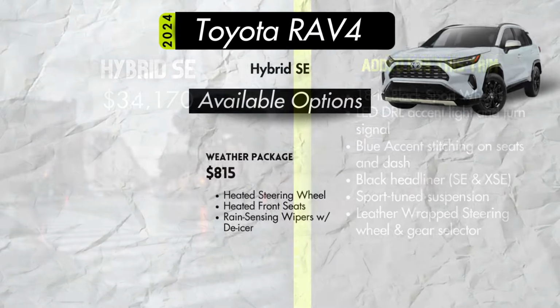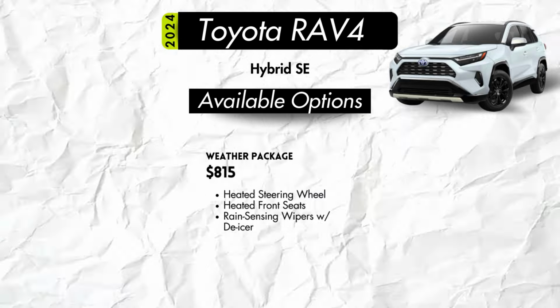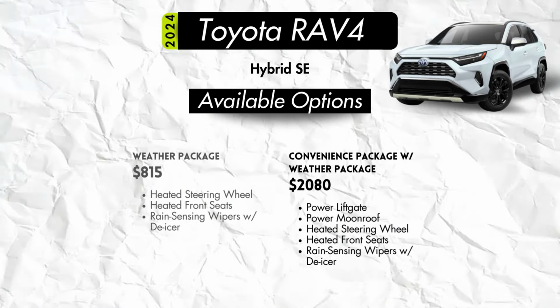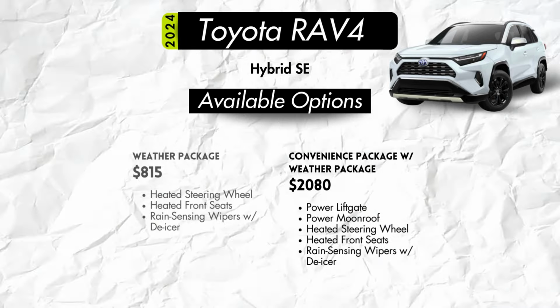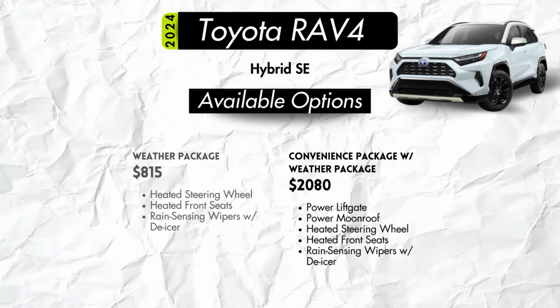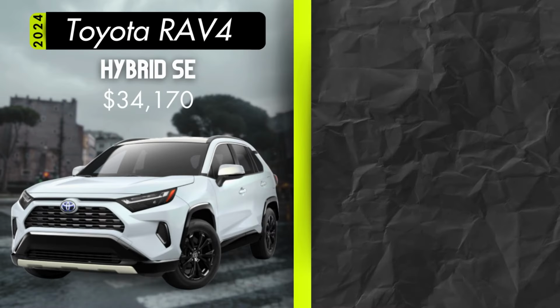If you want, you can add a weather package for $815, which includes a heated steering wheel, heated seats, and rain-sensing wipers with a wiper de-icer. For $2,080, you can have the weather package and the convenience package, which will include a power liftgate and power moonroof. If you like the styling of the SE but want more features, you might look at the Hybrid XSE